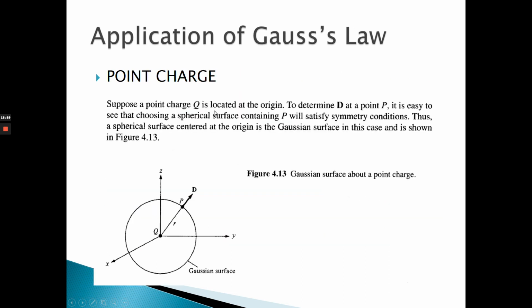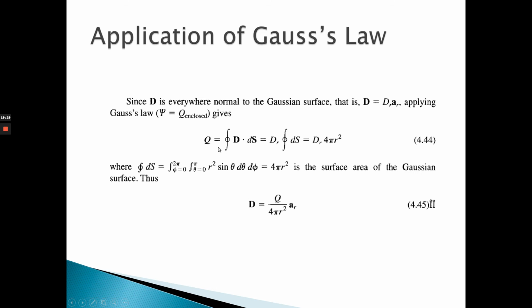So for the point charge, it's similar: we make it a closed surface. If it's a closed surface only, then we can apply it. If it's only a free point charge, we cannot. So we make it a closed surface, which means a Gaussian surface, and then we apply Gauss's law. So Q is equal to the closed surface integral of D dS, and since we know that D is equal to D_r a_r,